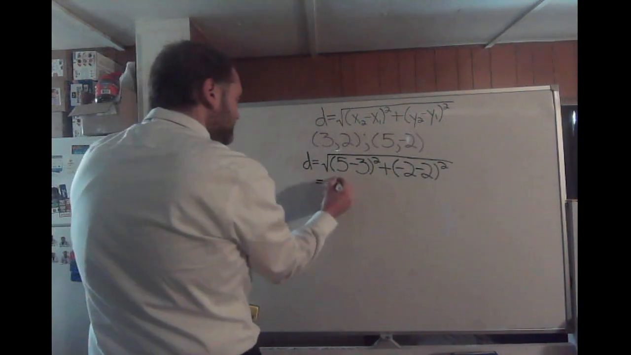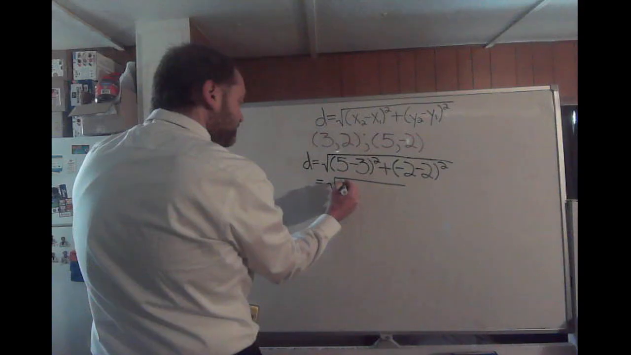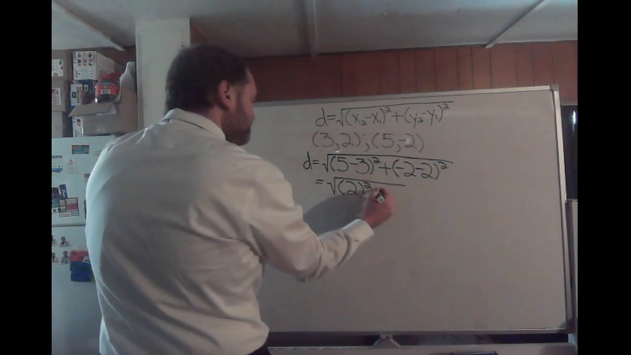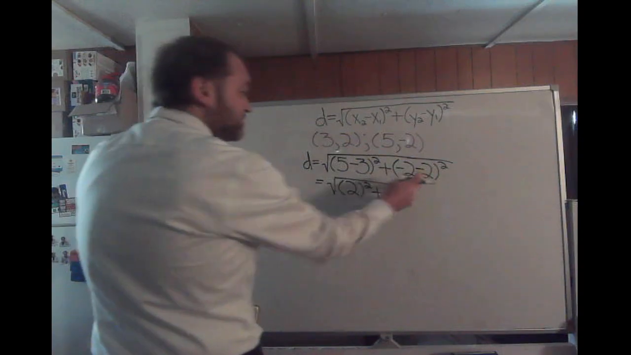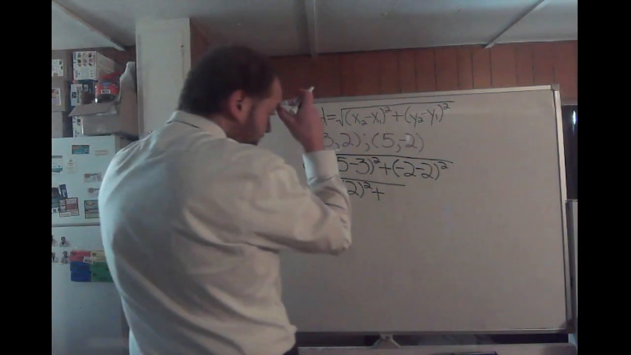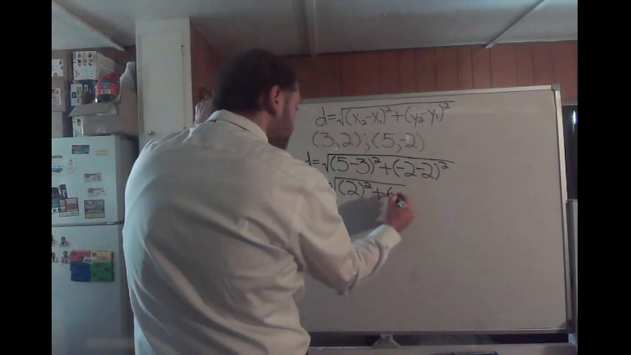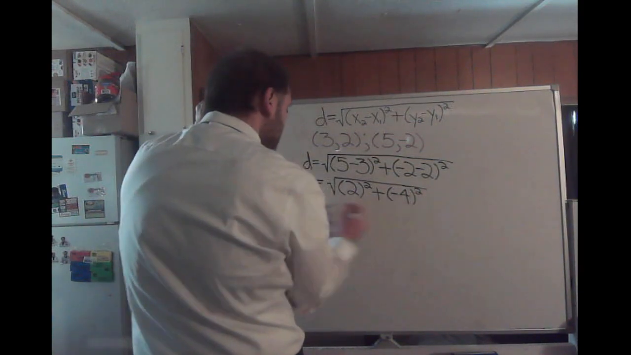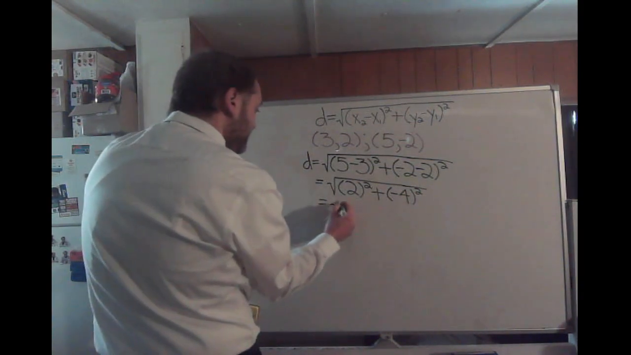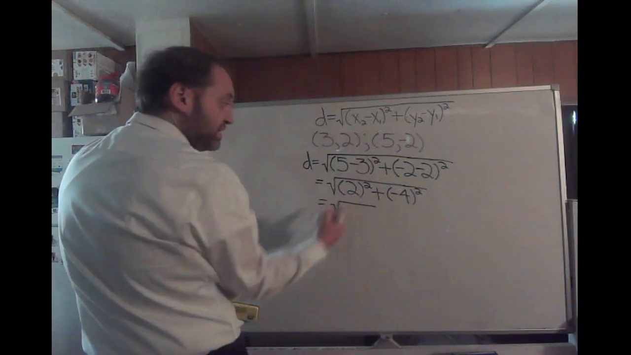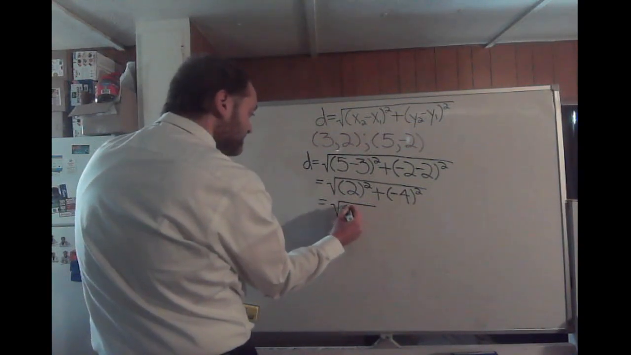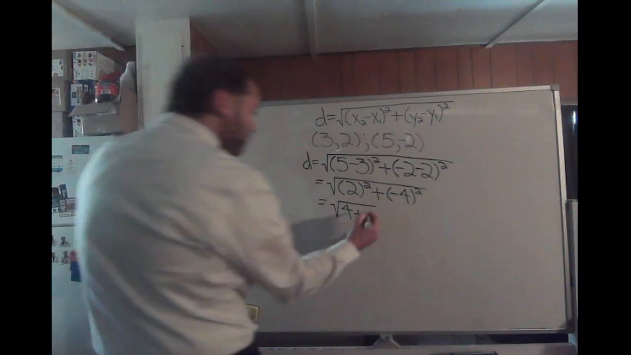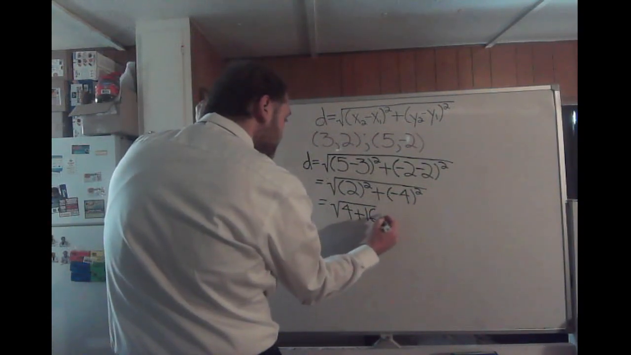Which then we can simplify this. 5 minus 3 is positive 2 to the second power, plus then we have negative 2 minus 2, which would turn into negative 4 to the second power, which will simplify further by dealing with the exponents. 2 to the second power is positive 4, plus negative 4 to the second power is positive 16, which gives you